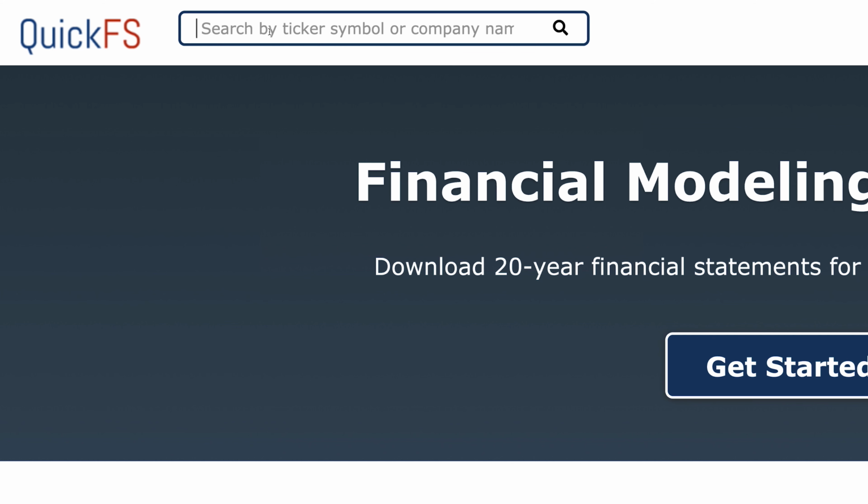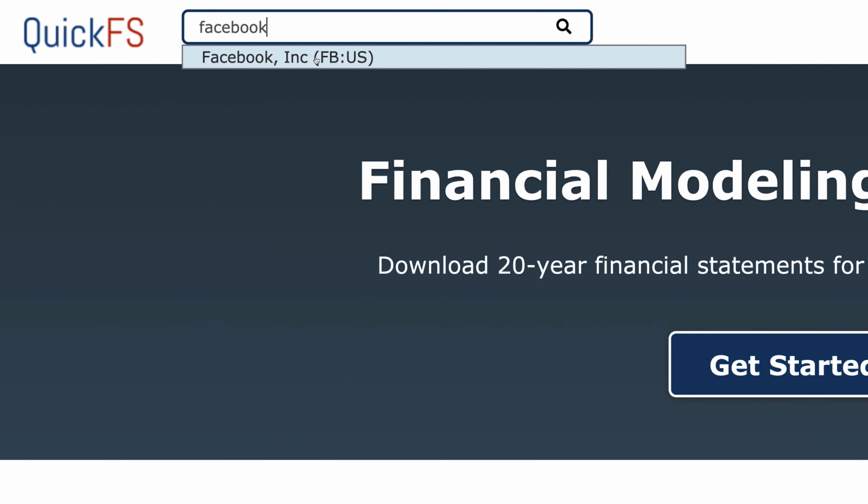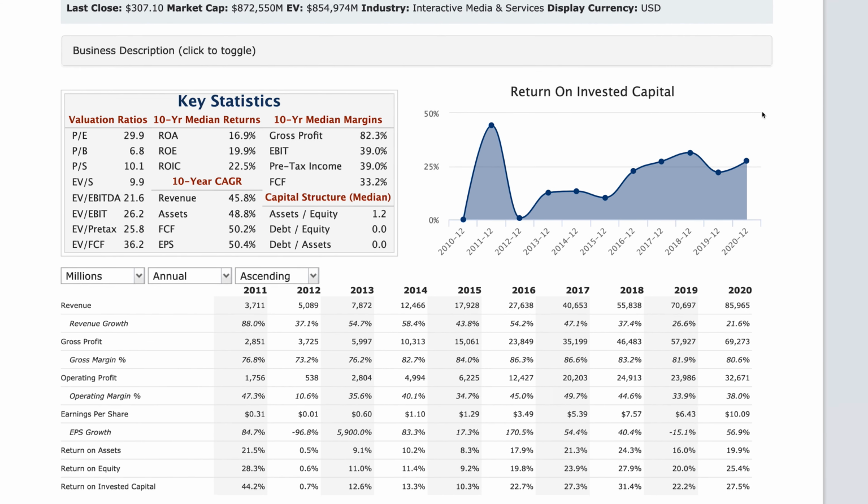So what we want to do is take our Shortlist A, which has a massive number of companies, all in industries that we are passionate about or that we understand. And we want to take each of those stocks and put it into QuickFS, and filter them by a select few criteria. These are essential criteria that businesses should have before you invest in them. By using QuickFS, you can see if a business meets these criteria in less than a minute for each of these businesses, meaning you can cross them off really quickly and cut down, let's say, 50 businesses to 5 businesses in the space of about 5 minutes.